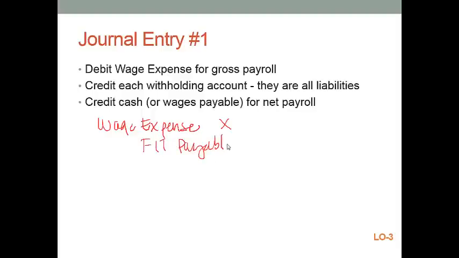And why is that a liability? Well, we're withholding the amount from the employee's paycheck, and we're going to end up having to pay the IRS later. So we're not paying the IRS this federal income tax today. We're going to pay it later. So it's going to be payable on our books until we pay the IRS. Another tax that is a deduction or withholding would be